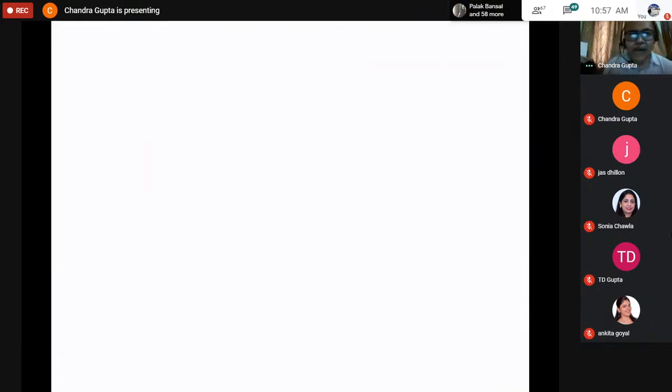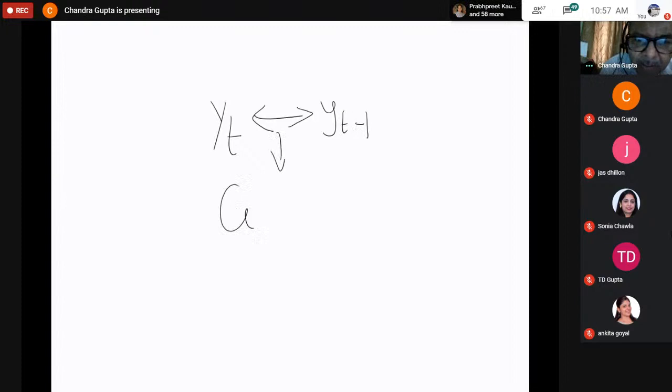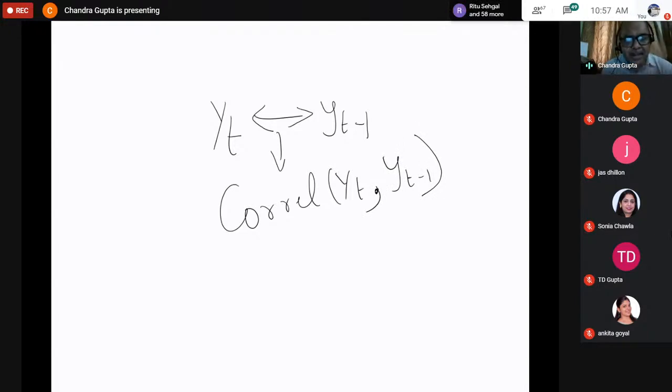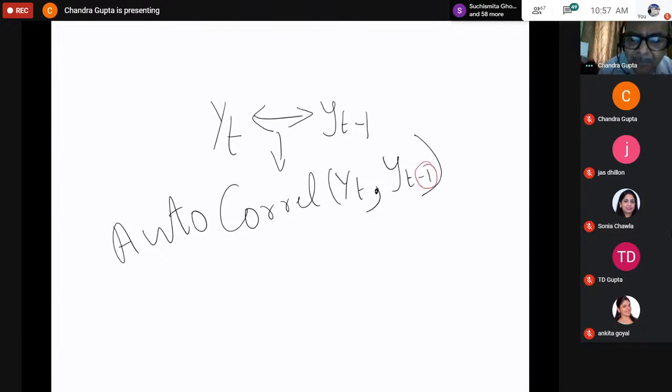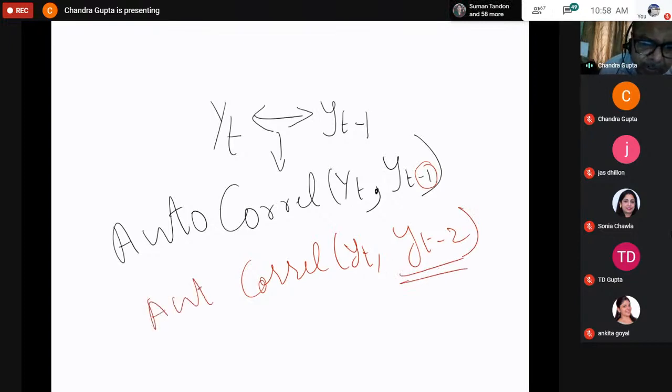Okay, Yt. How Yt is correlated with Yt minus 1. I can calculate correlation between Yt and Yt minus 1. And since I'm calculating correlation of the Y series with itself with a lag, this kind of correlation is called autocorrelation. That is, correlation with itself but with a lag. Another example, if we calculate correlation of Yt with Yt minus 2, then I have autocorrelation with lag 2. And if you study this correlation, you will find